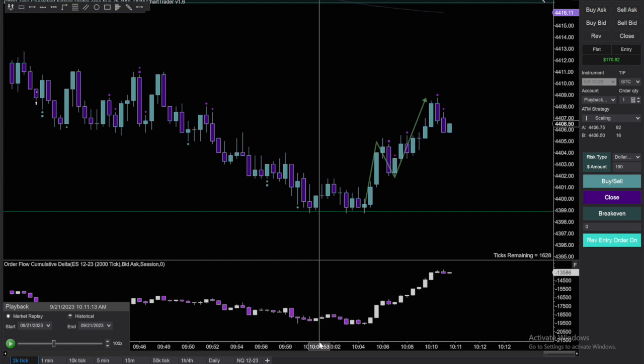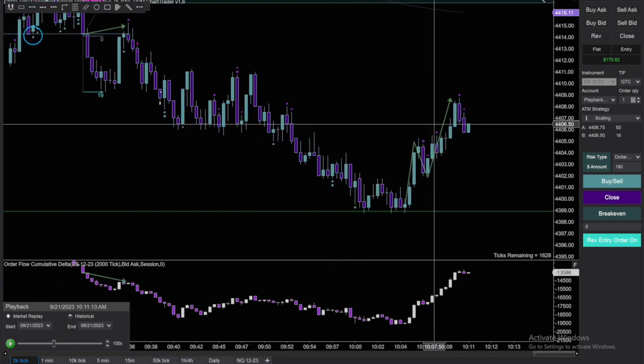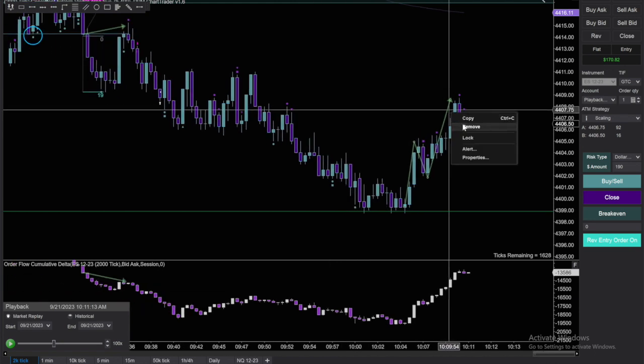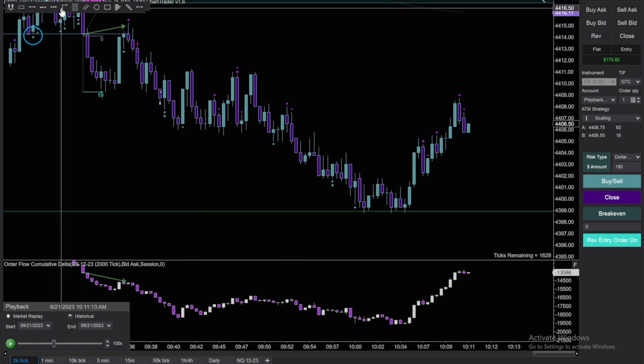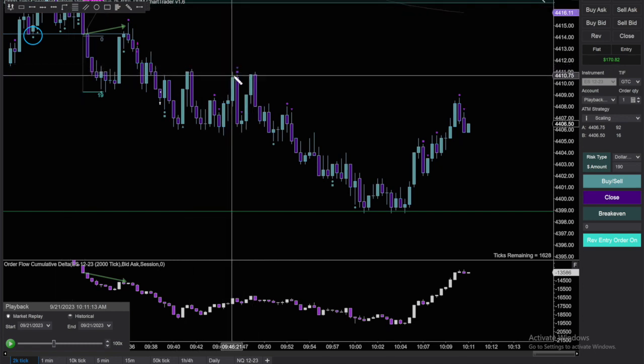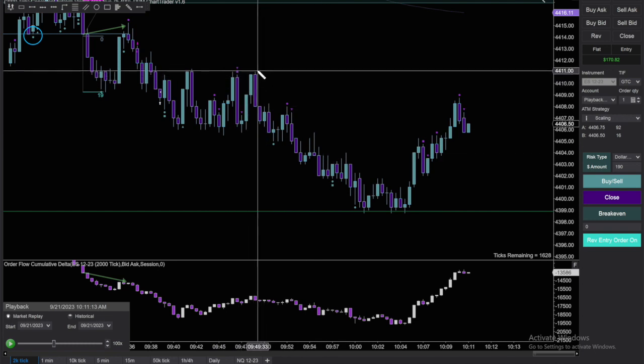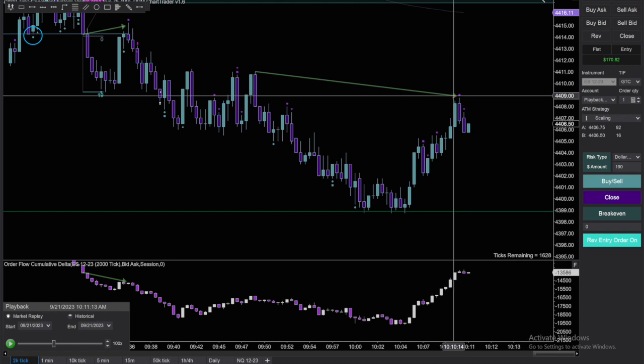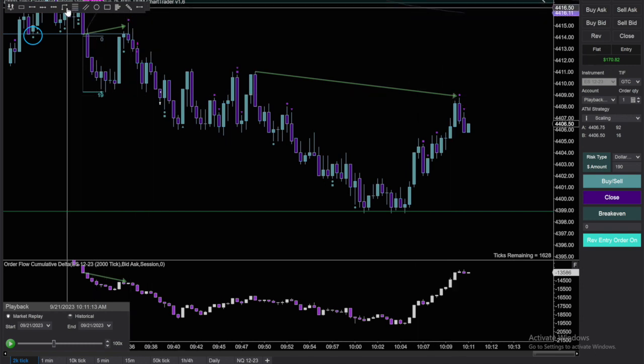But remember, I like to use my delta as confluence. So let's take a look at what's going on for a second with the delta. Now, first of all, the first thing that I notice is from this high, this last kind of base here before we fell down, notice we are lower in price, but